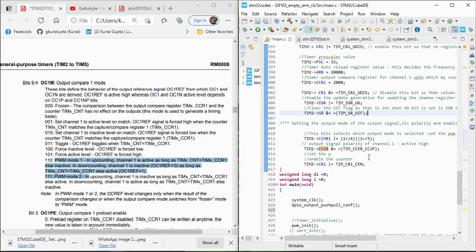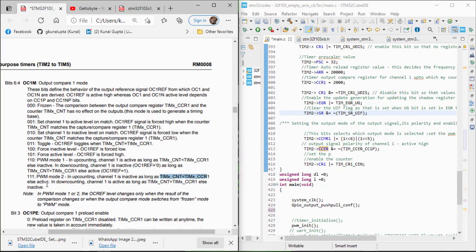So I have selected PWM mode 2: when my timer is up counting, channel 1 will be inactive as long as my compare has not occurred, that is, my counter value is less than CCR1, and it will be active when the compare has occurred. That is, from 2000 to 20,000 it will be active, and from 0 to 2000 it will be inactive.